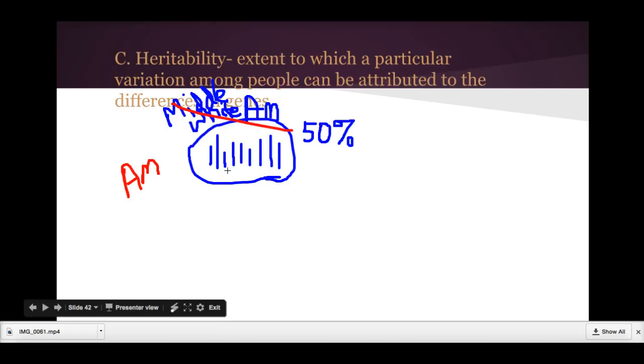Even within the United States, we have poor people, rich people, middle-class people, lots of different ethnicities, and lots of different scenarios of what you grow up in and what your environment is. When we have a very wide range of environmental factors going on with my group of people, the heritability is going to go down, because a lot of their differences are going to be more a result of their environment rather than their genes. Hopefully that helps and makes some sense.